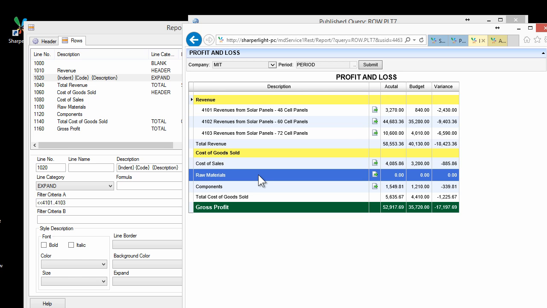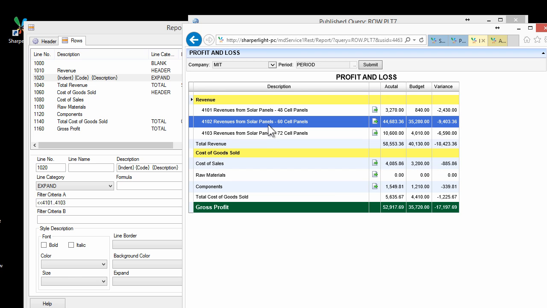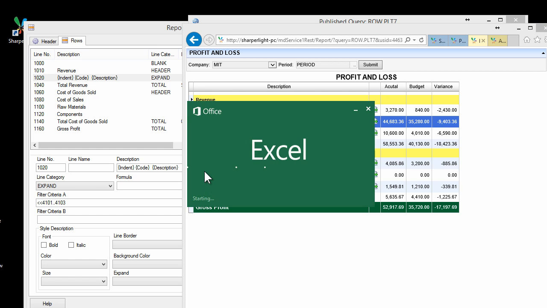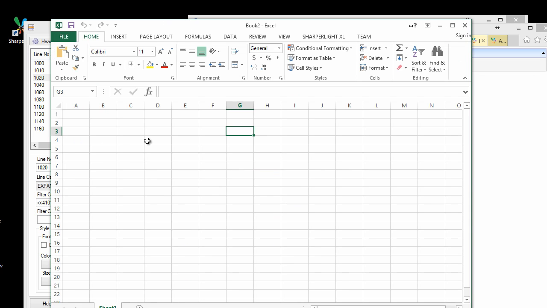What I'd like to do now is show you how you can reuse this report not only in the web channel but also in Excel and also other places like Report Designer. So what I'll do now is I'll start up Excel and create a new report. Now for this to work you need the latest version of Sharperlight 3.1, and what I'm going to do is